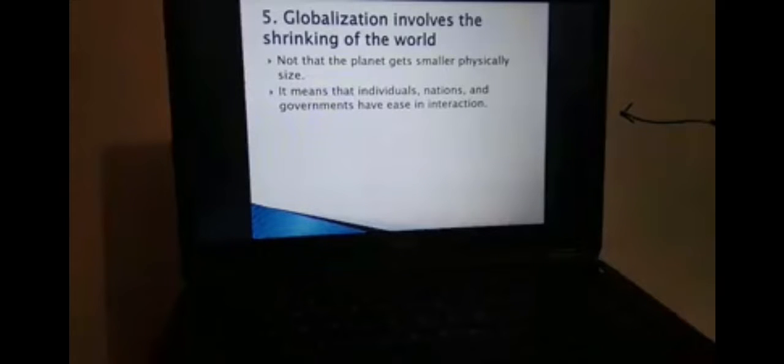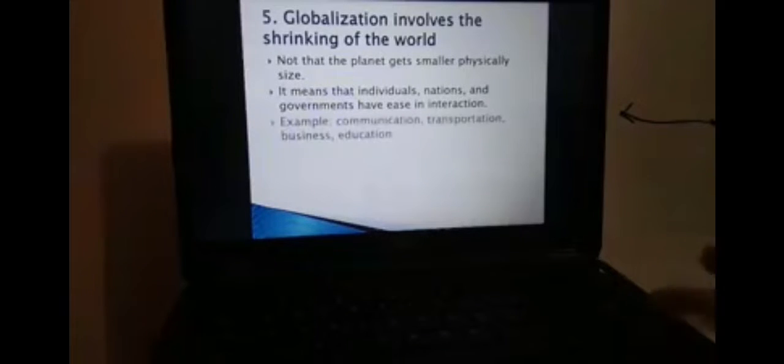Before, people had difficulty communicating or traveling from one country to another, or doing business with one another. But because of globalization, people get connected easily and also faster. And so the people of the world can now say, oh, it's a small world after all.